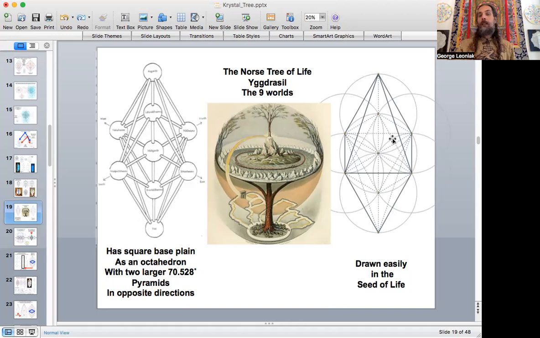Well, that's an octahedron if I connect the lines, so it's going to make equilateral triangle faces. So there you go. You have 6 points already given. You have 4 directions already given, and then you have 2 additional points: one at the very top, of course, Asgard, the place of the gods, and then you've got hell down at the bottom,